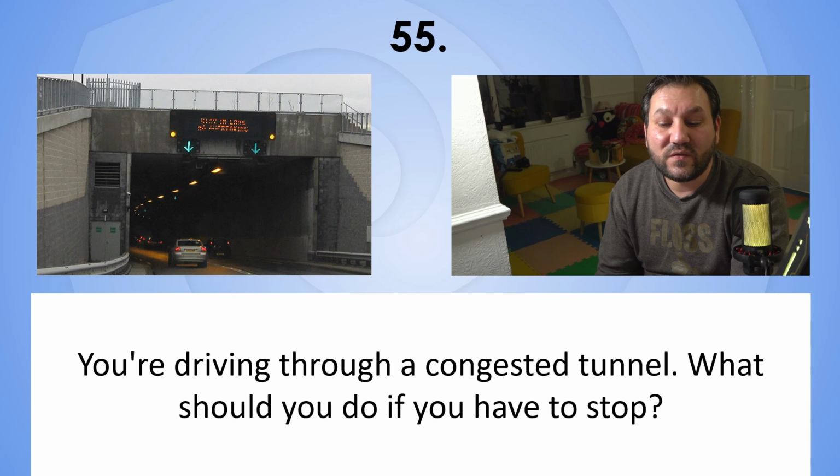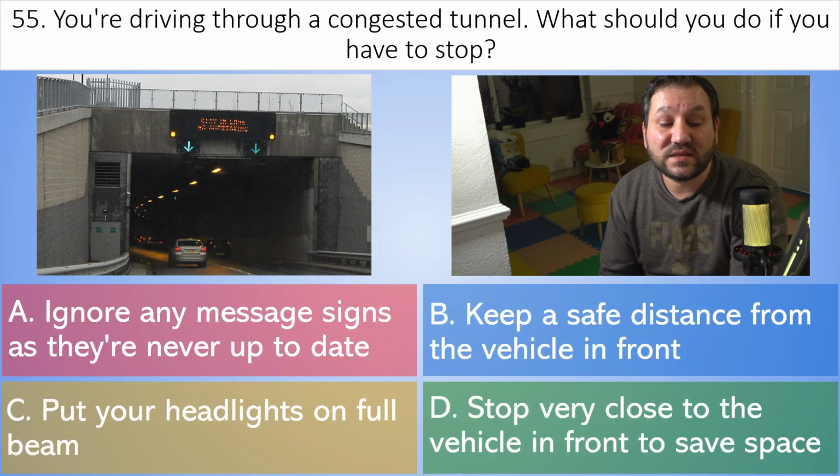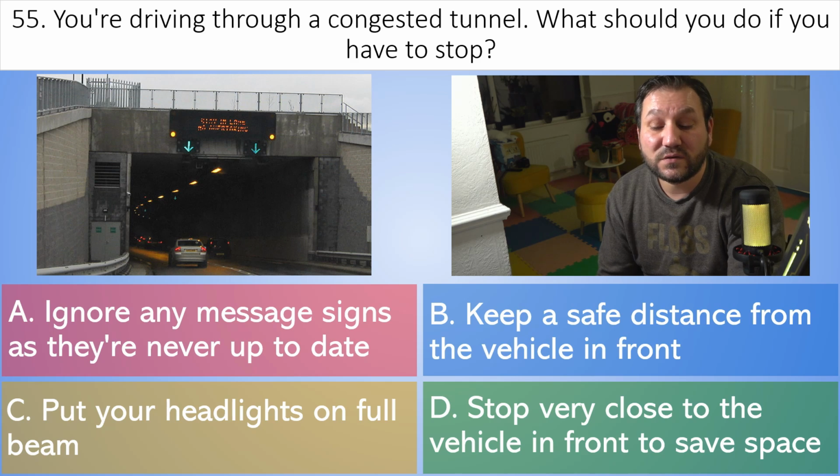55. You are driving through a congested tunnel. What should you do if you have to stop? A. Ignore any message signs as they are never up to date. B. Keep a safe distance from the vehicle in front. C. Put your headlights on full beam. Or D. Stop very close to the vehicle in front to save space. And the correct answer is